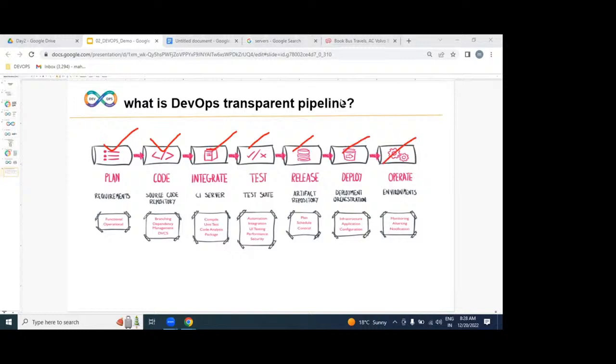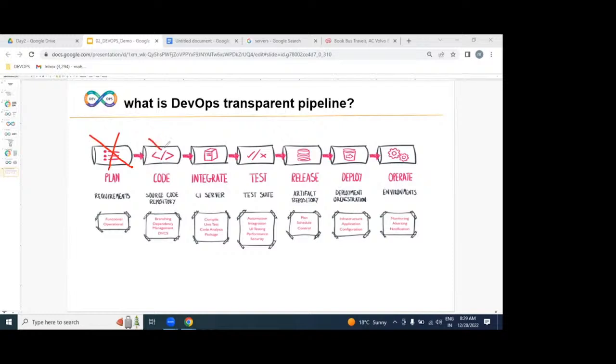But in this DevOps transparent pipeline, our roles and responsibilities start from where? The dev environment. It ends where? Operations. So we are not responsible for planning, and the planning is done by the BA, business analyst, not by you.